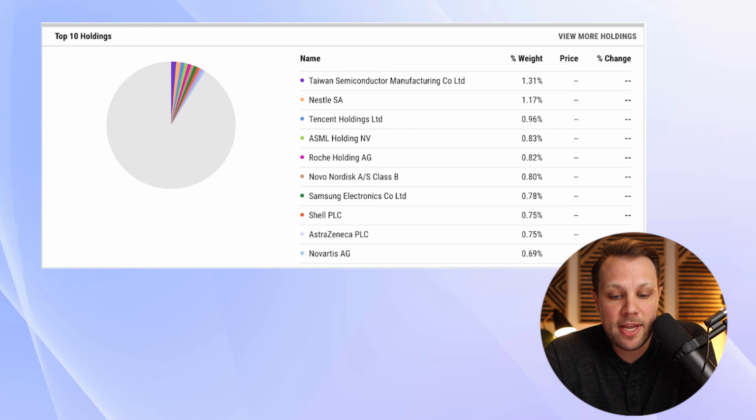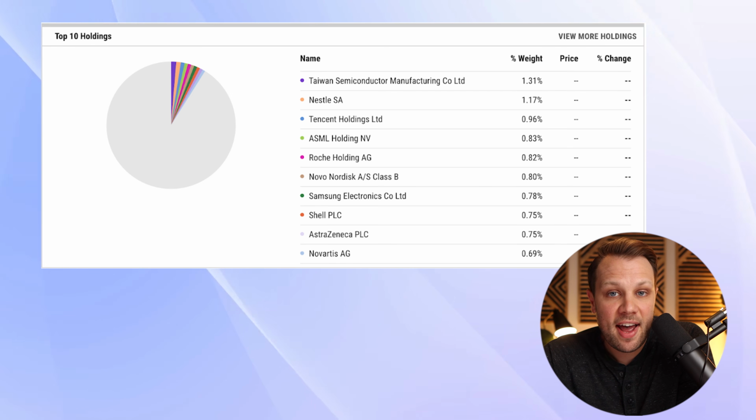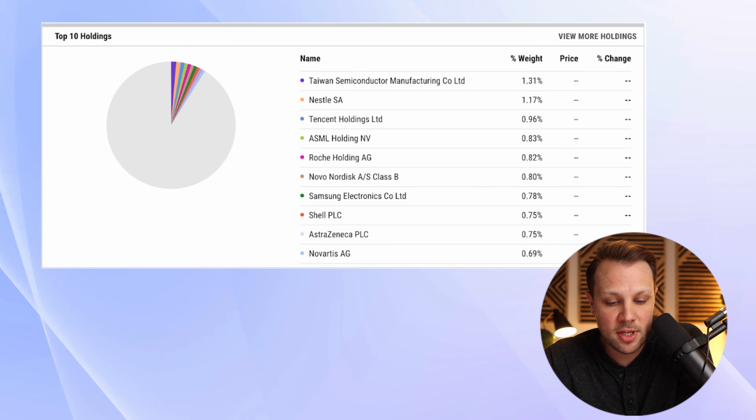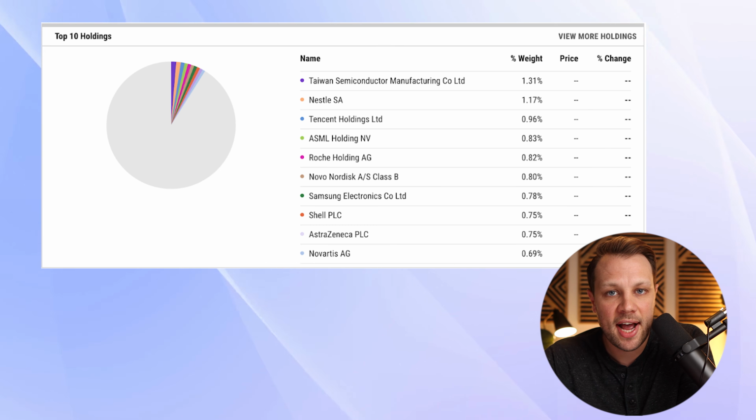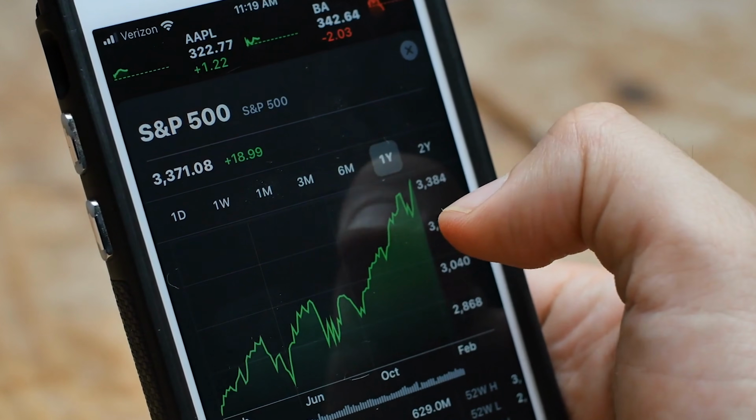1 is Taiwan Semiconductor, 2 is Nestle, we've all heard of Nestle, 3 is Tencent Holdings, 4 is Roche Holdings, and 5 is Novo Nordisk. Some other notable ones on there are Samsung and Shell as well. But you look at the top 10 holdings of something like the S&P 500 and compare it to these top